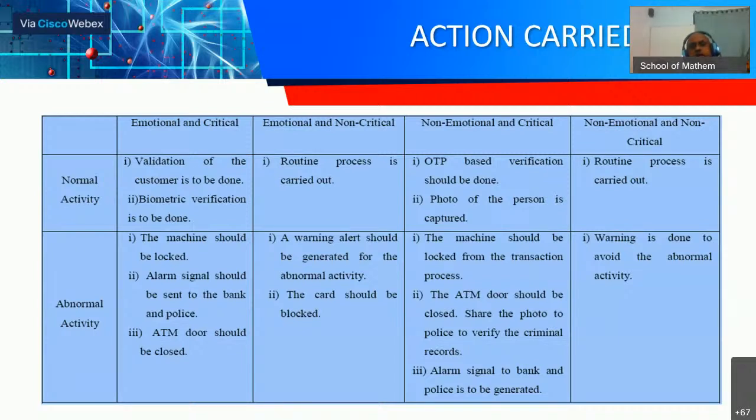Whether we are going to do a routine process: when it is not much critical, we allow it in the normal way. When something critical is happening, we can go for additional authentication. We can send an OTP, or we can ask for biometric authentication. So we can add additional authentication in that particular situation. Or sometimes it is much more critical, like he's trying to break something or do something. What we can do is immediately the ATM can send a message to the